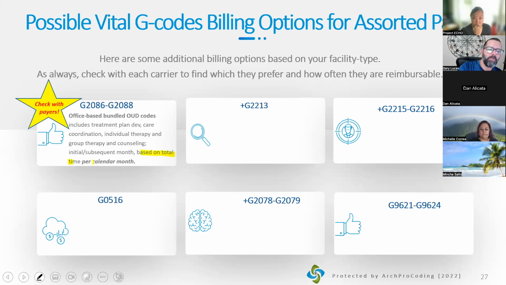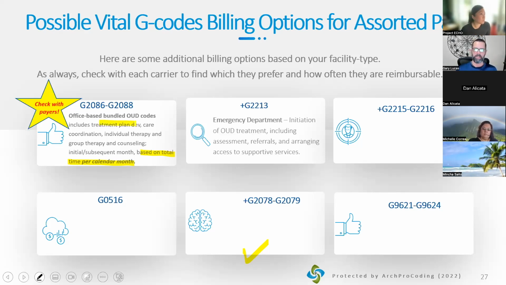And notice the more simplified billing, very similar to what we'll see down here in a minute with how some OTPs, opioid treatment programs, a very specific designation, get paid on a weekly basis. But that might help smooth out some of the billing process, and it includes the treatment plan development, the therapy,